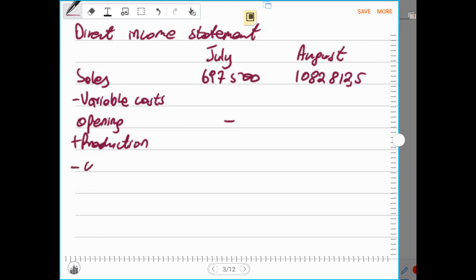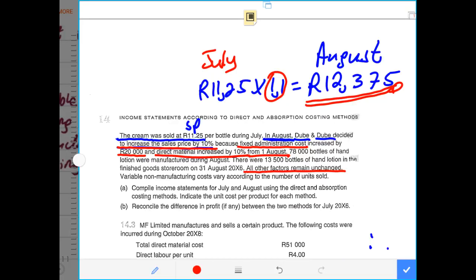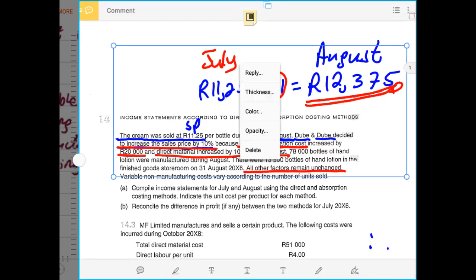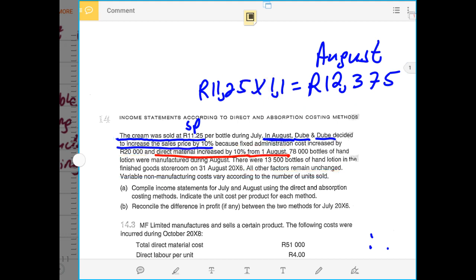Then after we less our closing, we have to take into account, plus, we have to plus our variable cost, all the variable cost. And in this exercise we also had other variable costs,